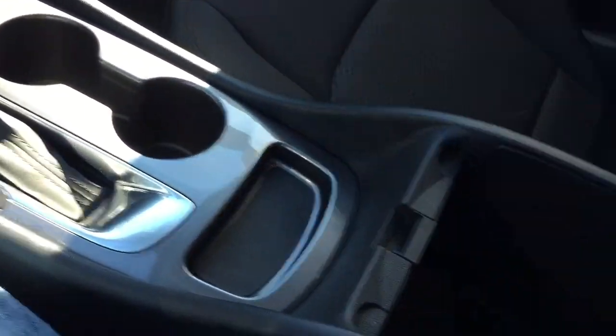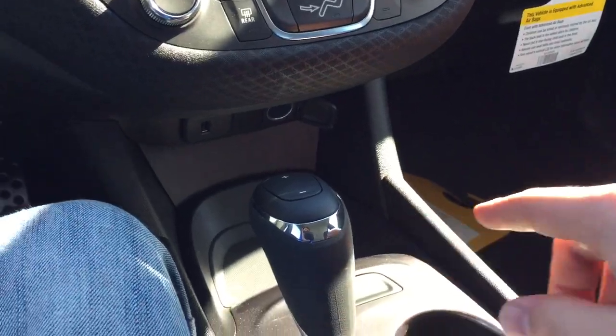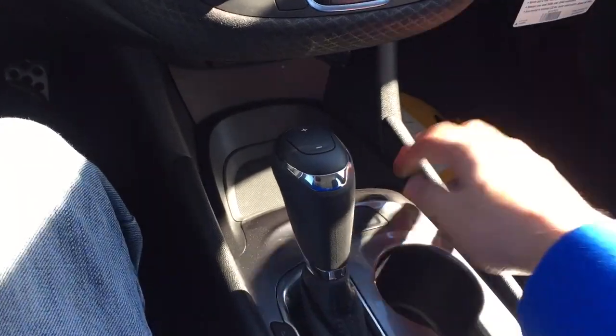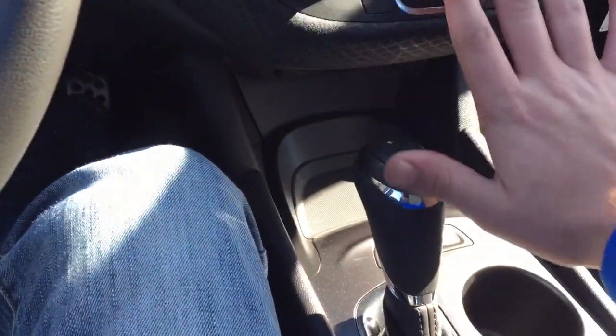Then over here, I believe this is a vinyl, but it's padded. So there you go. There's just a storage console, no power outlets or anything like that. That's all pretty much down there. And I do love the fact that you actually have some room to play around here. Unlike, I'm just going to compare the Fusion because that's really all I look at. The Fusion does not have all this room down here. You kind of have like a stack that flows down like that. So yeah,